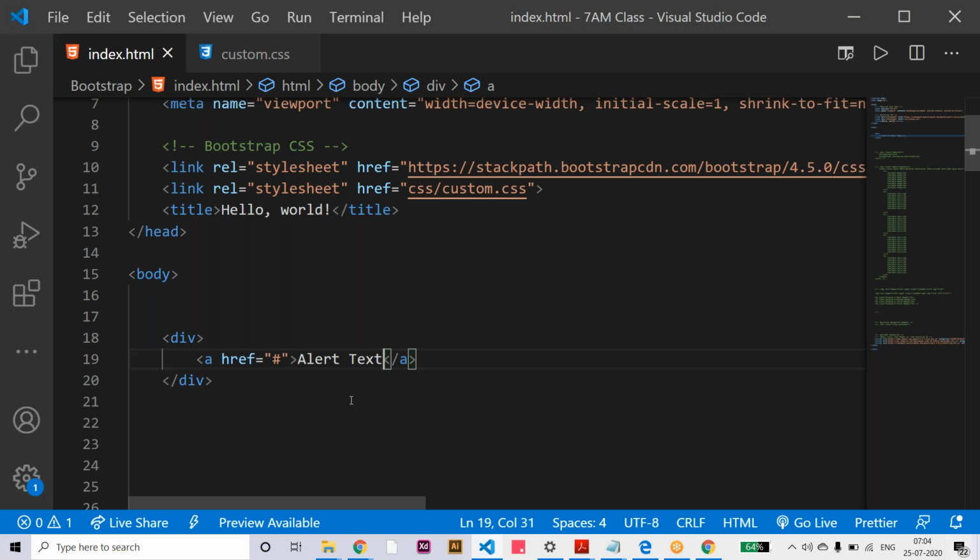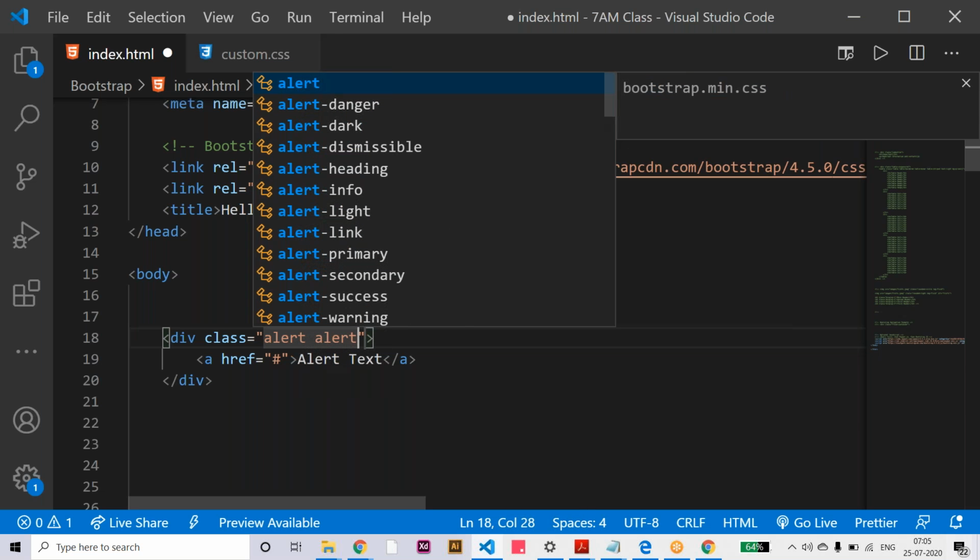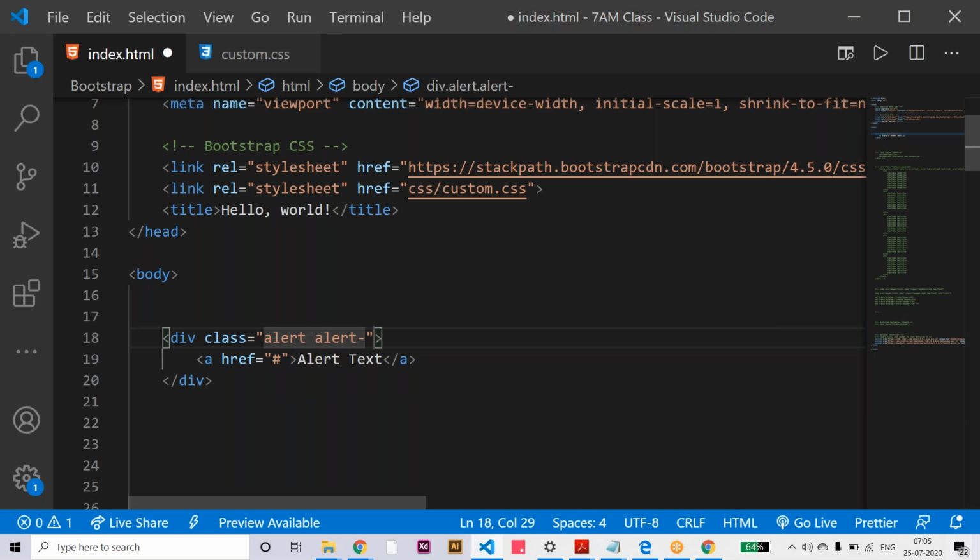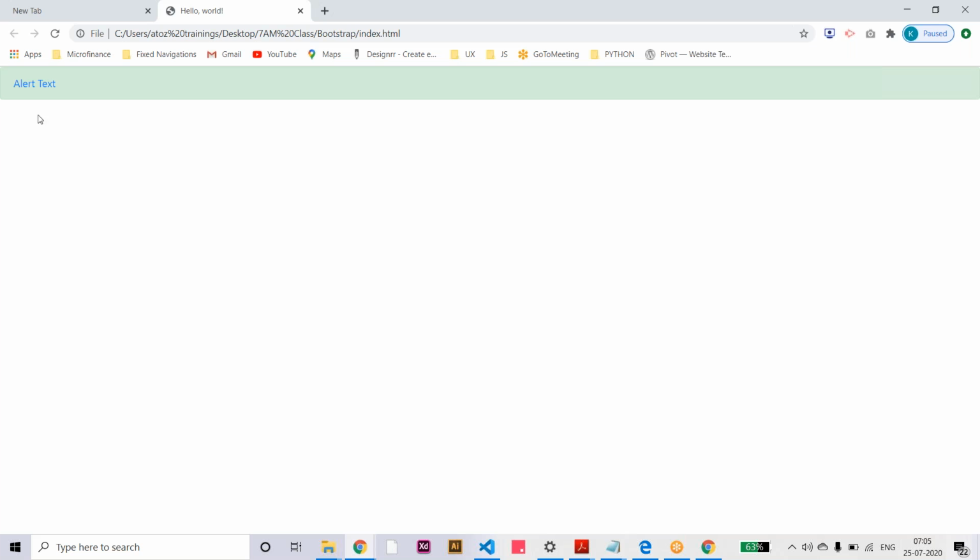Let's say here alert information. First we should say the class alert. Here also alert is the base class. And then alert success, for example. So alert success class is for the green color theme. Let me check here. See, the light green color is applied on the alert text.